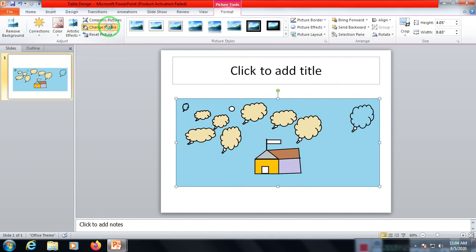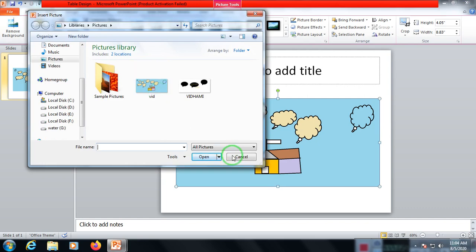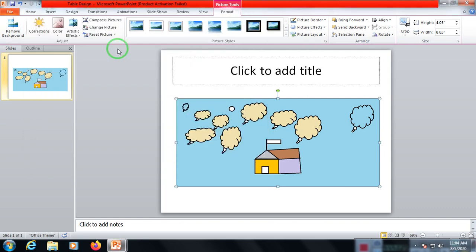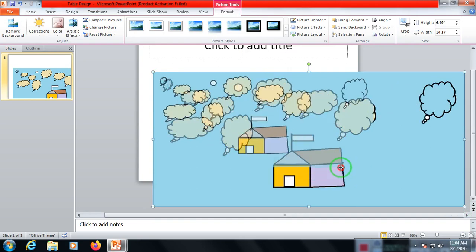Again, it will open a new dialog box, and then you can select a new picture. And then reset picture. Whatever changes you have made will be reset. Reset picture and size automatically resets your picture and gives you the original size of your picture.